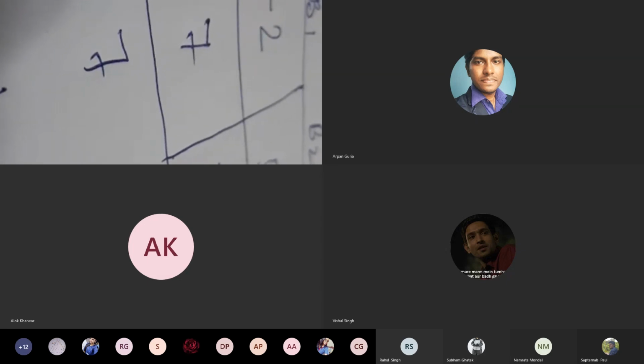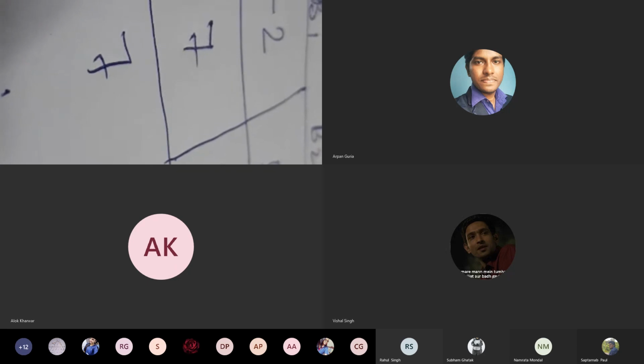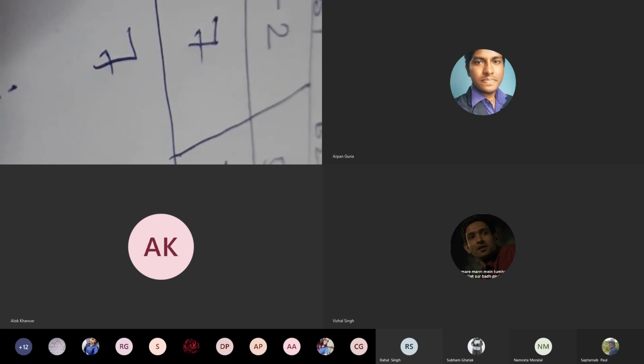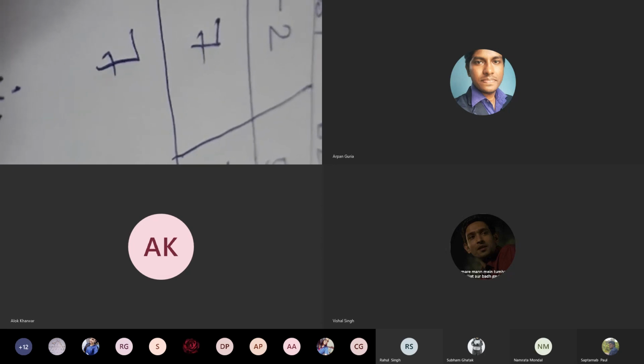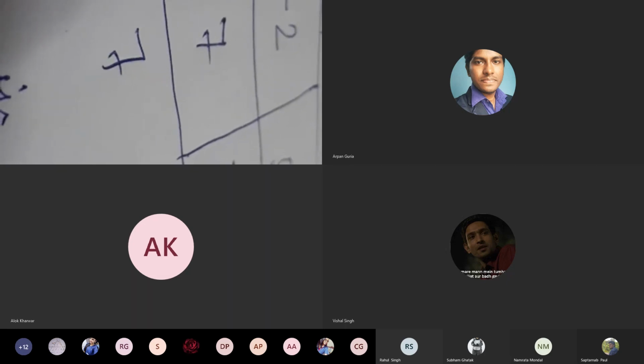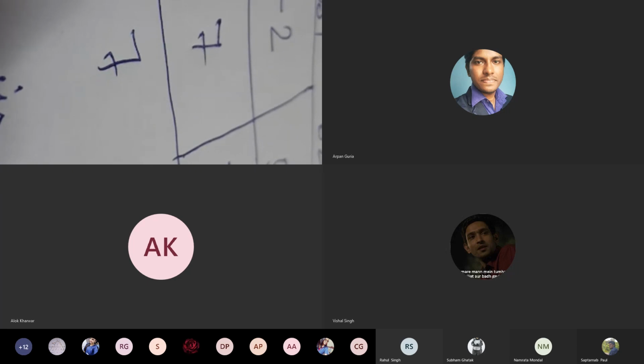Suppose player A finds there is one strategy where player A will not be able to maximize his gain. So that will be deleted. If player B wants to minimize the loss, but is unable to minimize the loss, so that will be deleted. In this way, rows and columns will be deleted. After deleting the rows and columns, you need to reduce the matrix into a 2 by 2 matrix. Once you reach the 2 by 2 matrix, you apply this formula and find out the values of x1, x2, y1, y2 and V. That will give you the solution of the game.